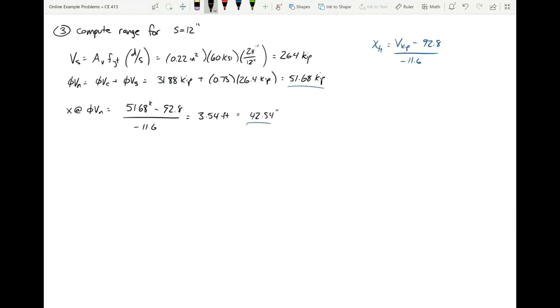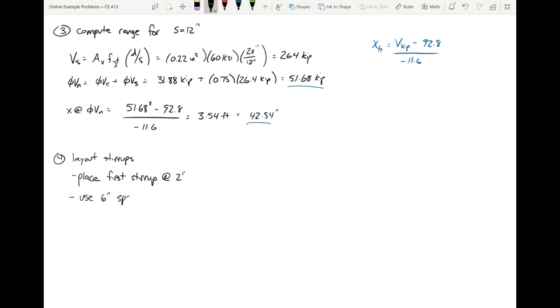And so the last thing to do is just do your design. So how does that work? So we'll say layout stirrups. And here's how we do it. We place the first stirrup at 2 inches. And that's just common. That's very typical with shear designs. You always should put your first stirrup either at 2 inches or half of S required. Either one's fine. Next, we're going to use